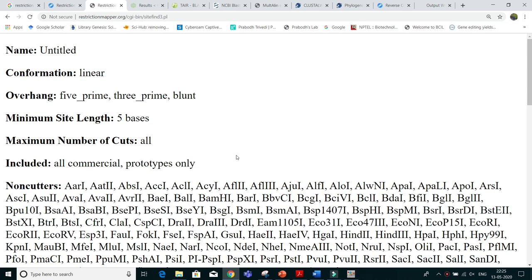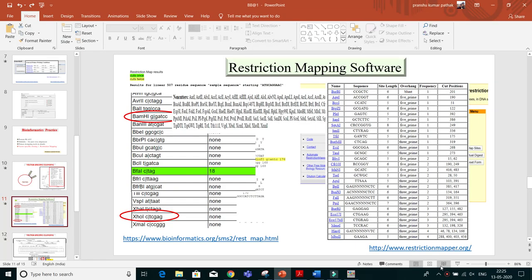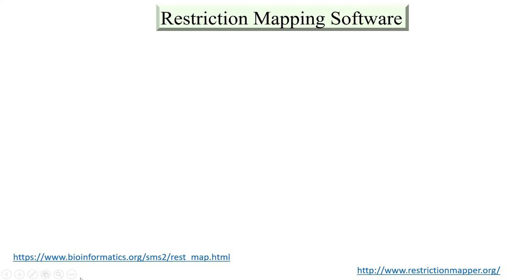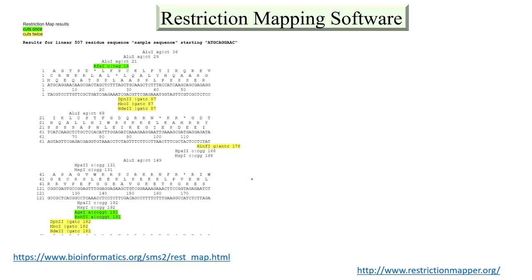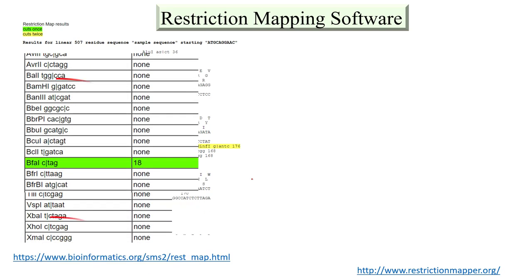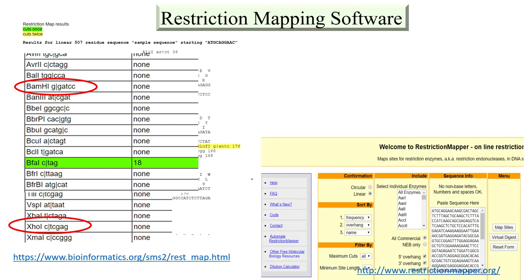Okay, so let's play. Did you understand restriction mapping? I think you all understand restriction mapping. Okay, then go. So my dear friend, I have just taken some snapshots from these softwares and put them here. I think you have already seen this sequence. So BamHI and XhoI are non-cutters, so you can use BamHI and XhoI in your primer.